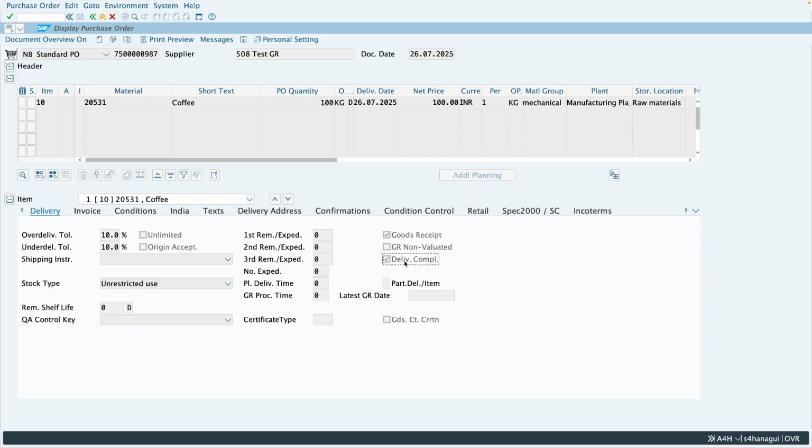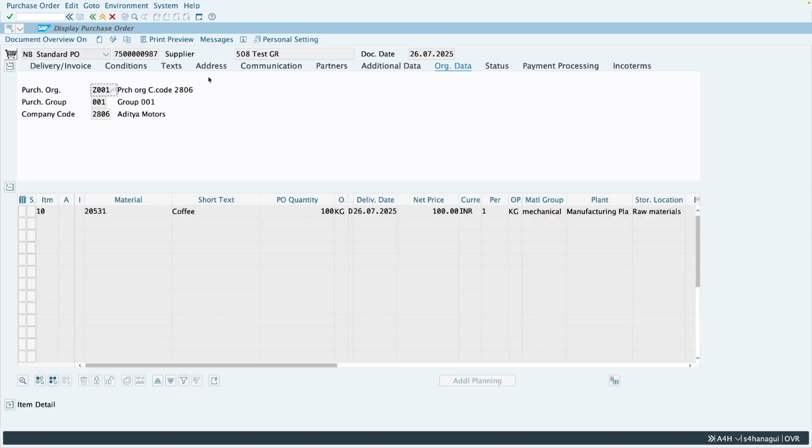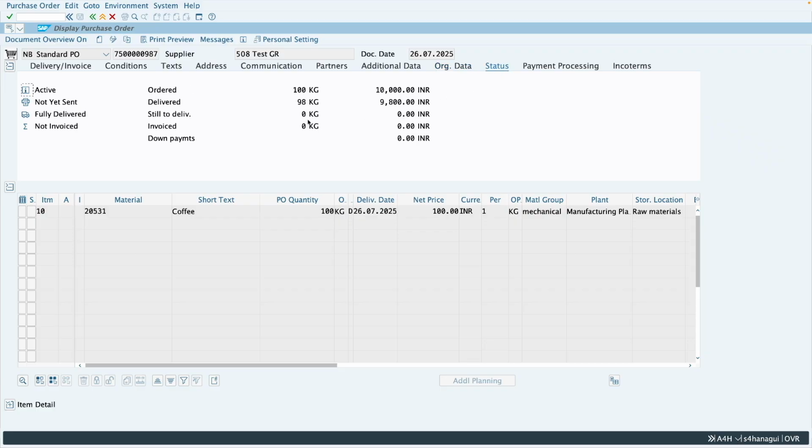So this is the significance of under delivery tolerance, that if you enter a goods receipt quantity which is within the under delivery tolerance, then the system will post the goods receipt and the system will close this line. If you enter any GR quantity which is equal to the PO quantity or above that, then the system will by default close this line. But for under delivery tolerance, if you enter within that tolerance, then also the system will close this line. So now if you go to the header and see the status tab, you can see the still to